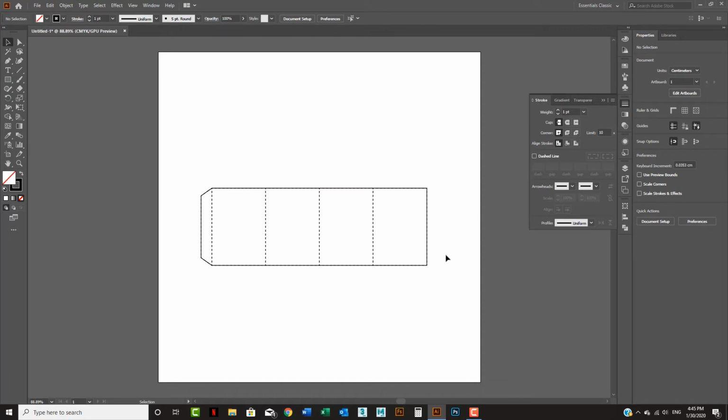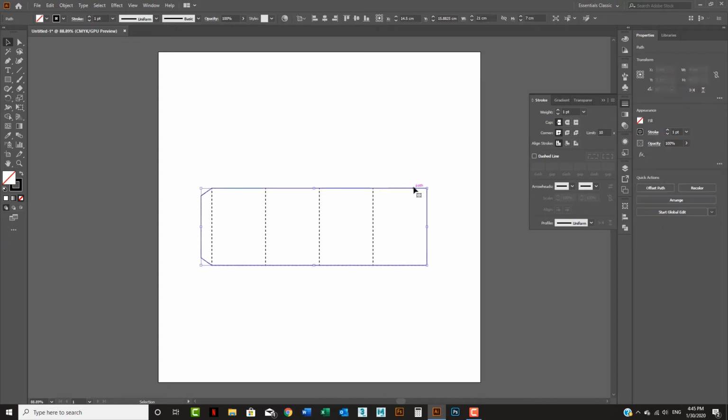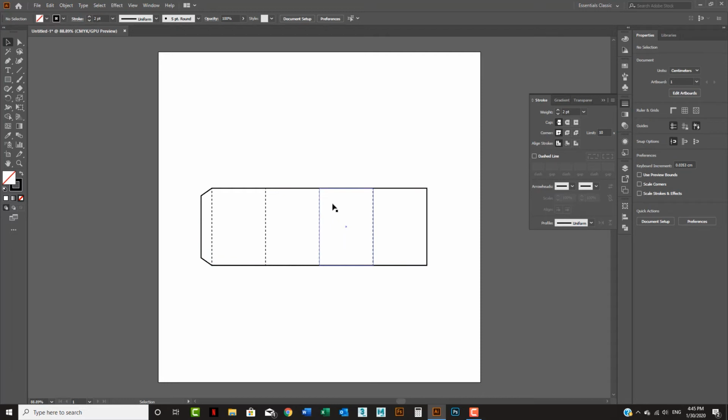Now you know better than me, huh? Those dashed lines mean we should fold, not cut, and the solid line means we need a cut. So here you go. The main part of my box is ready, but I still need